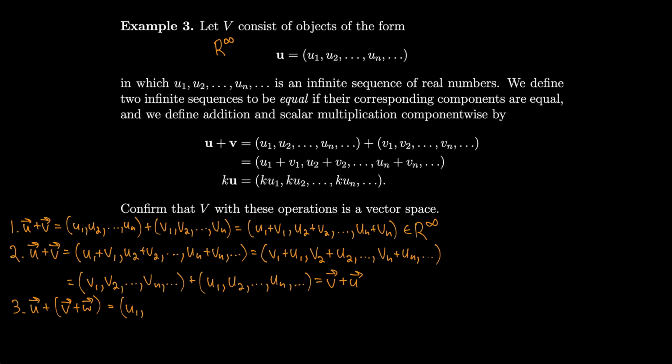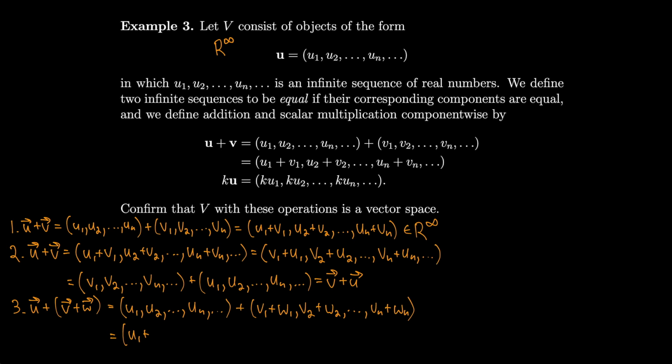So we have for u, u1, u2, un, and we're going to add that to v1 plus w1, v2 plus w2, vn plus wn, which is the same thing as